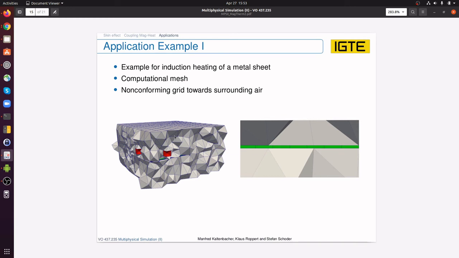And we want to mesh the surrounding air with an unstructured tetrahedral mesher, as it is shown here. So the air, which is kind of complexly shaped because it has a hole where the inductor is placed, is meshed with an unstructured tetrahedral mesh. And in order to avoid pyramidal elements,